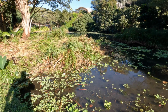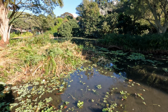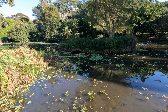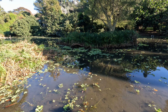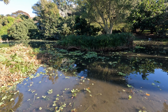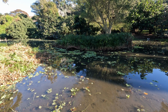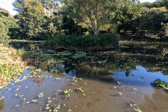In the reeds here, when the reeds are here, you get thick-billed weavers, you get the kingfishers flying in. A pied kingfisher just flew in now. You get malachites, and then in the trees around this area I've actually also seen pygmy kingfisher, which for me is one of the better sightings here. They've also seen palm-nut vultures come through and roost in the nests here, sparrowhawks. So yeah, you get some quite special birds coming through in this little